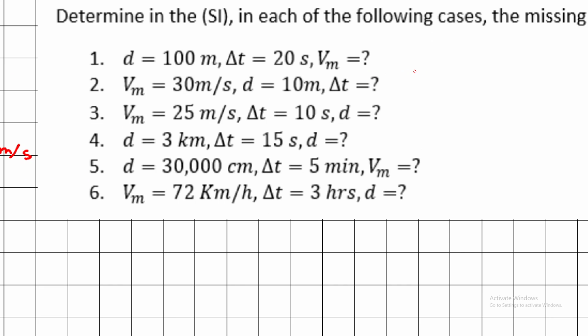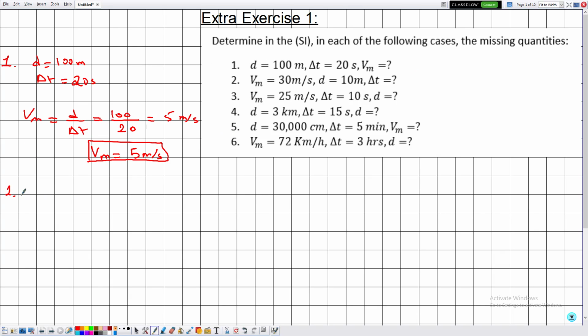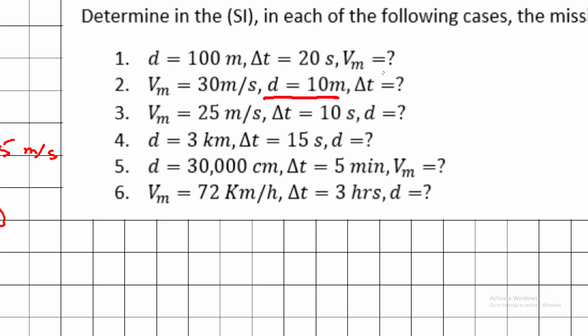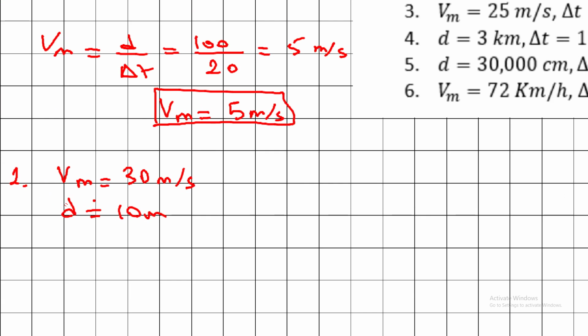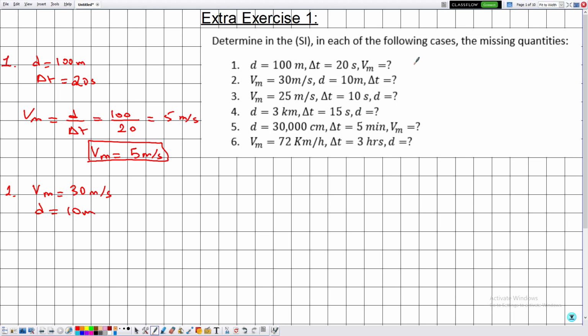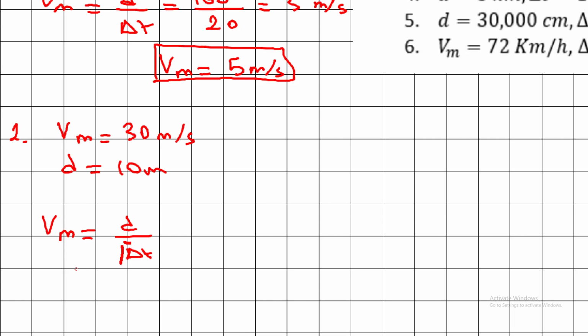Now in number 2 we have that Vm is equal to 30 meters per second. As for the distance d, it's equal to 10 meters. So notice that the average speed is already expressed in the SI. Now the distance is equal to 10 meters. Looking at these quantities, one can calculate the duration. Then indeed they are asking me about the duration delta t. We know that delta t, Vm and d are related via the following formula. Knowing that we are interested in determining the value of delta t,